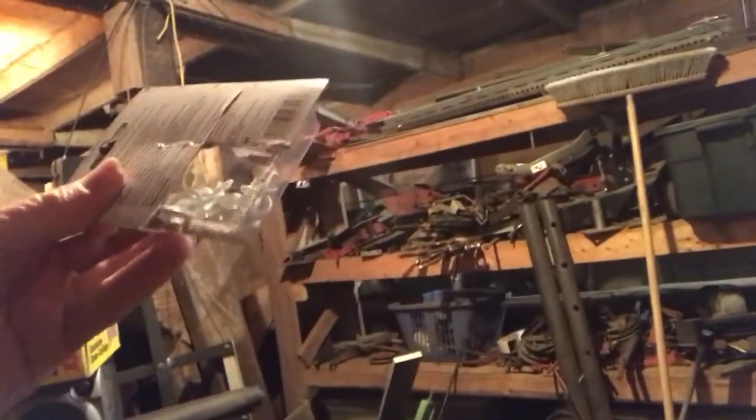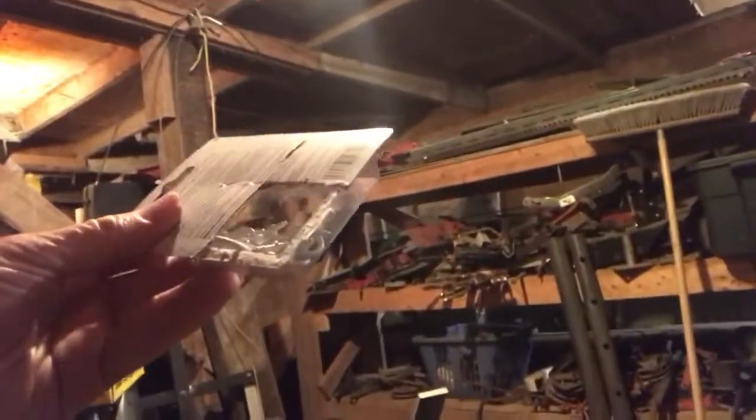So, in the last week, well, a couple weeks, I started using these white hooks. Let me grab here some hooks like this. Well, one just fell on the floor. These cup hooks, kitchen cup hooks. And I bought